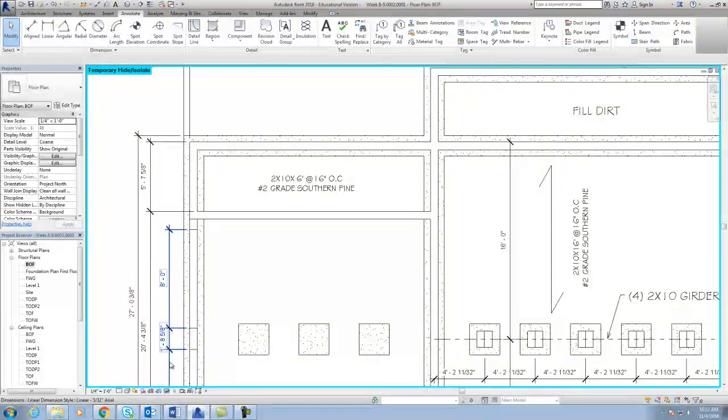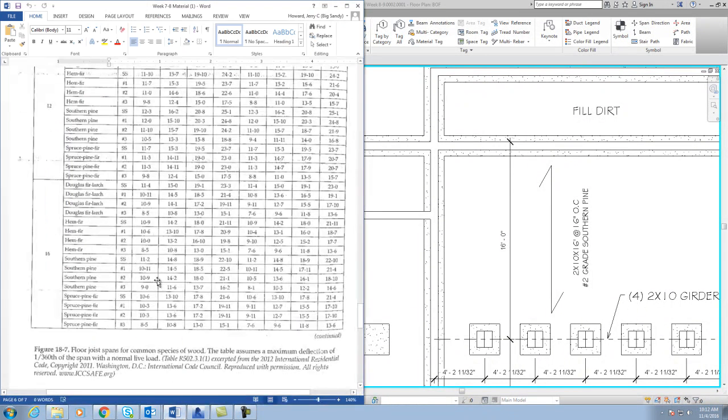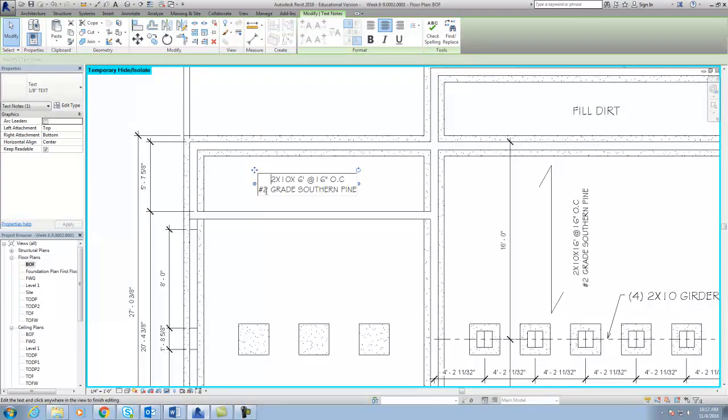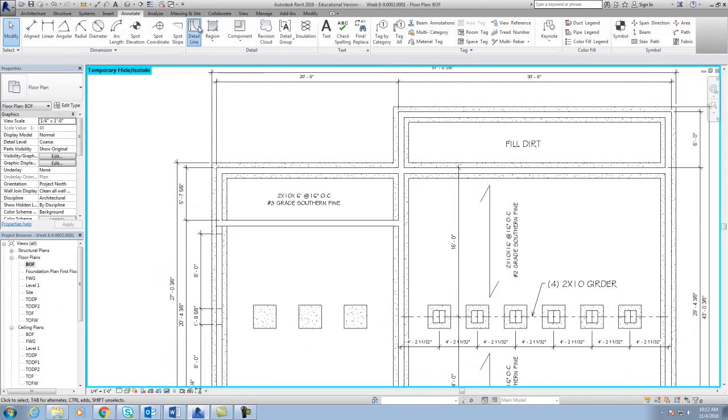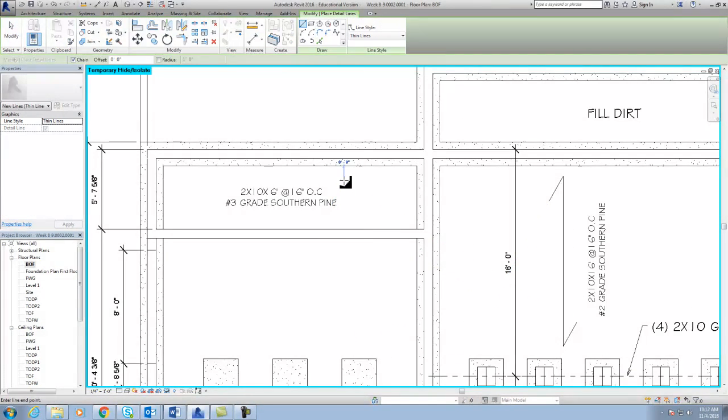And then, if you wanted to go back and look at your chart, 16 on center, Southern Pine, you could probably go with a grade 3 on that to save you some money. I don't like going any less than a grade 2, but such a short span, it's just 6 foot. I think you'll be just fine with that. Just fine. All right. And then make sure you put your span directions,